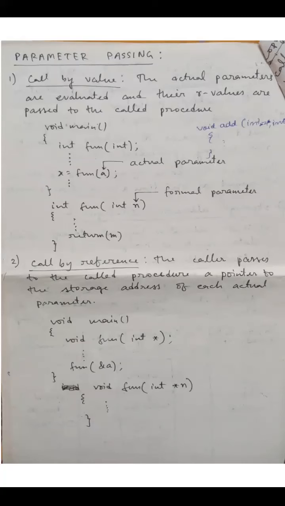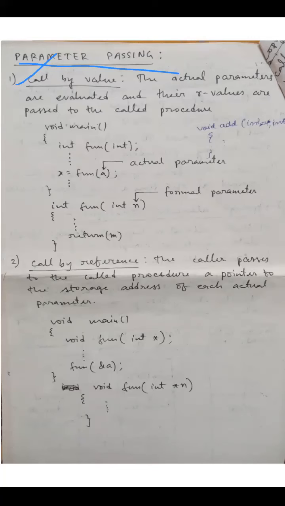Since we are dealing with the runtime environment, we frequently call functions, as you have already seen in the activation record and activation tree. That means we have to deal with function calling or parameter passing. There are two types of parameter passing: call by value and call by reference, or call by address. What is call by value? When we call a function, we directly pass the value inside the function. We don't pass the address of the value.